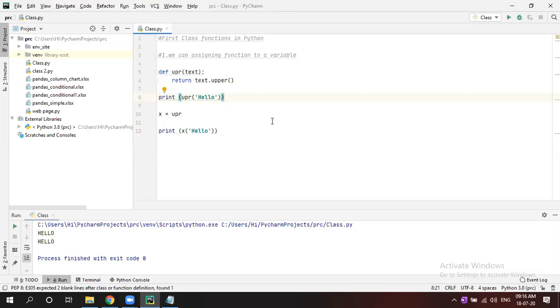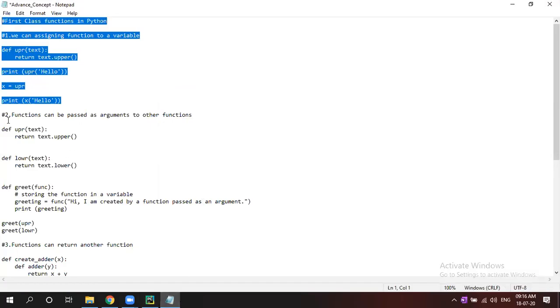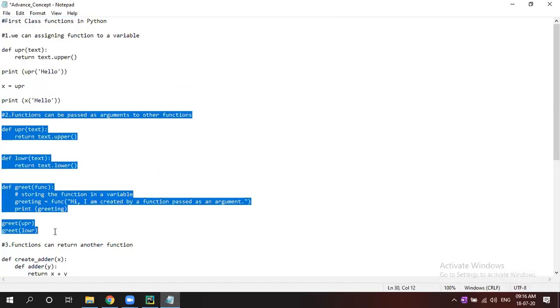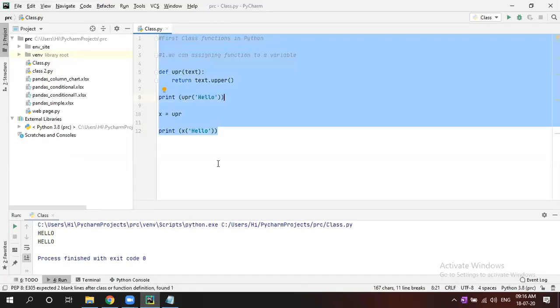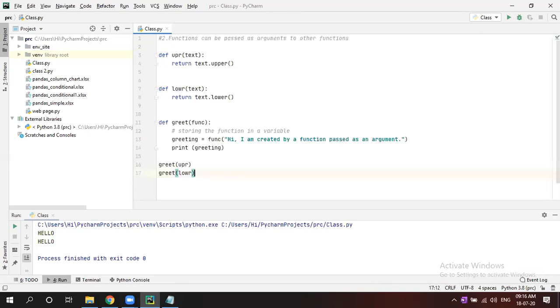Now go to the second one. Here a function can be passed as an argument to other function. What do you mean by argument? That we are passing, right? In upper we are passing something, those are arguments.